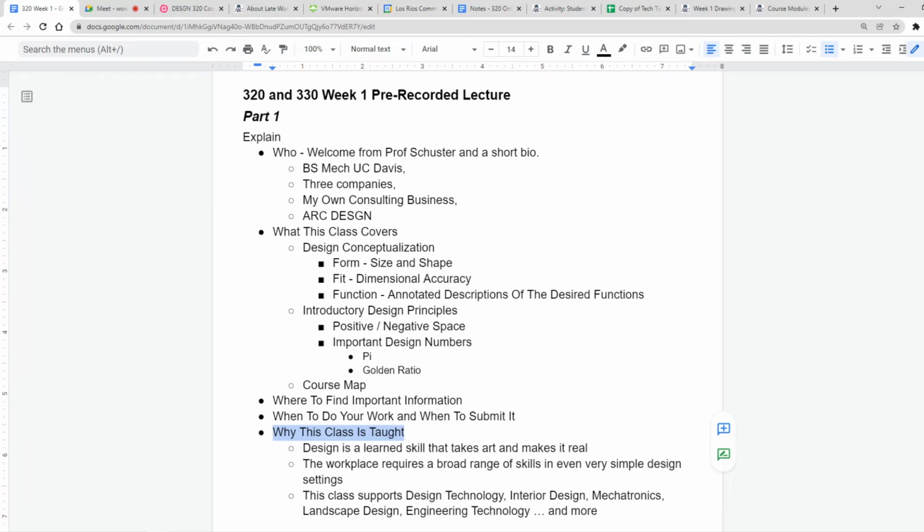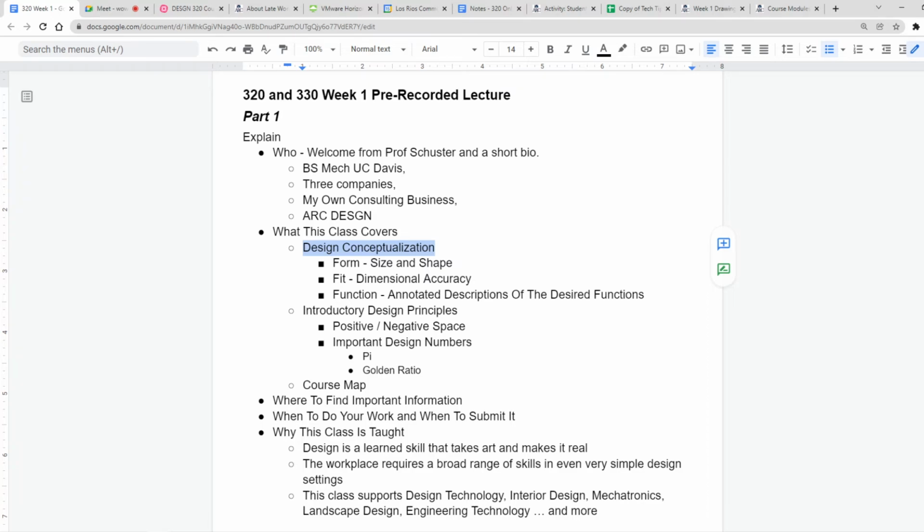So design is a learned skill, and this is the first part of that learned skill, starting with the conceptualization. It's the more interesting part. If you just have to document what somebody else has already conceptualized, it's really cool and it's really interesting, but it's not as cool as creating the design concept yourself.